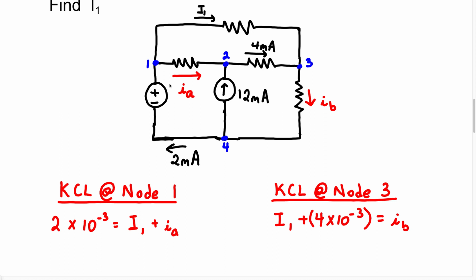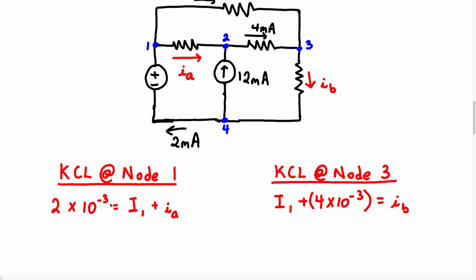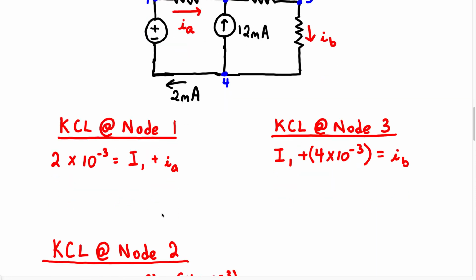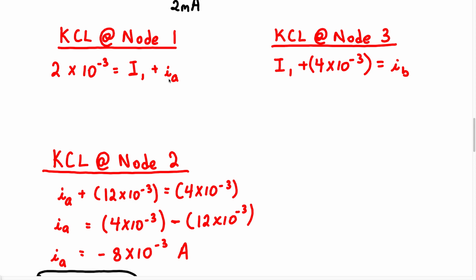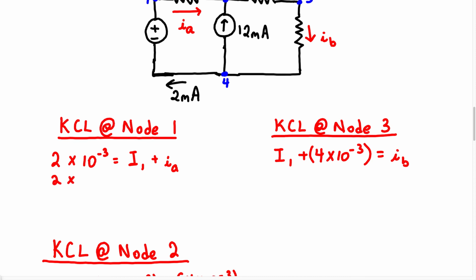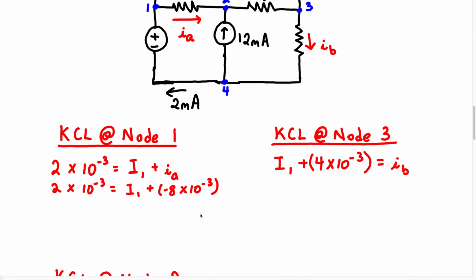Now, once we have the current IA, I want us to look back up at the KCL for node 1. For the KCL at node 1, we actually found an equation that had a relationship for the current I1 and IA. Now that we know the value of IA, we can just substitute in the value of IA, which is negative 8 milliamps, into this KCL equation at node 1. So let's do that. 2 times 10 to the minus 3 equals I1 plus, we know IA is going to be negative 8 times 10 to the minus 3. Alright, so when you simplify this equation, let's take this over to the other side. So we're going to have 2 times 10 to the minus 3 plus 8 times 10 to the minus 3 equals I1. Therefore, we can say I1